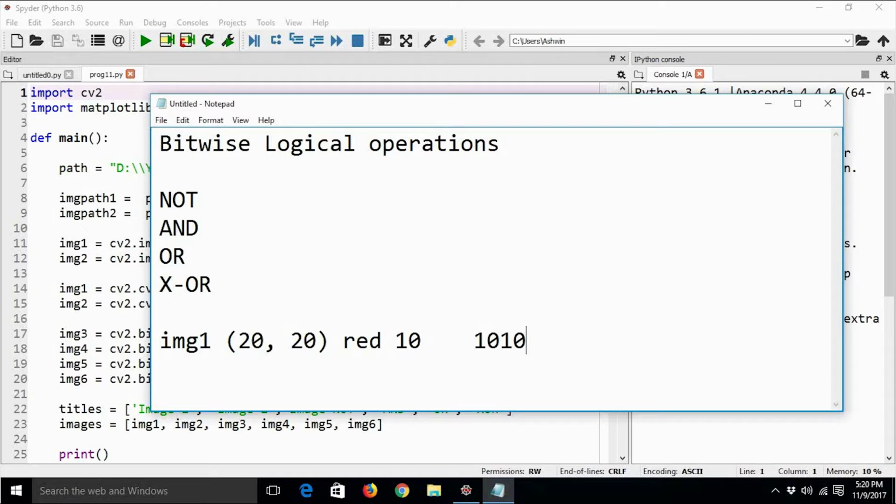And img2 is another color image. At 20,20 for the red channel the value is 12. So this translates into something like 1100. So 1100 is 8 plus 4 equal to 12, correct. And this 1010 is 8 plus 2 equal to 10.